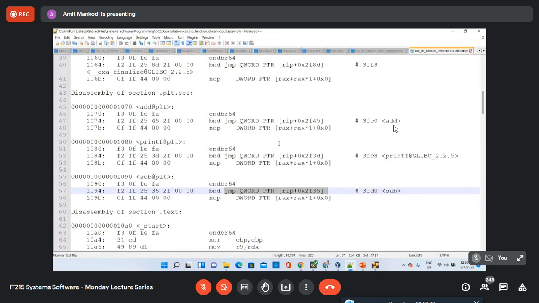In short, what I'm trying to say is that whenever you use static library files and static library functions, the code of the function itself is included in your executable file, whereas for dynamic library functions, the code is not included in your executable file. But the library files will be loaded when you start executing the code itself. This is the major difference between the static library and dynamic library.